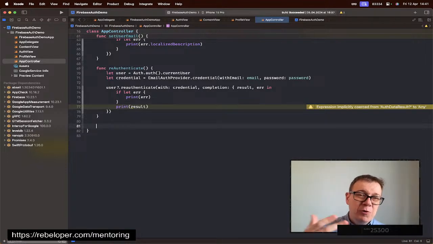Okay, so that's how we re-authenticate, and usually the framework will let you know when you do need to re-authenticate. Usually it's about sensitive data like changing password, email, and all of that stuff. Okay, so